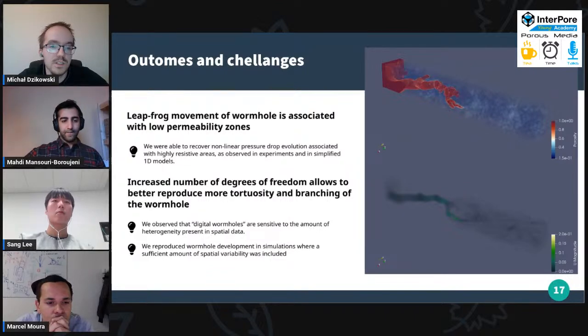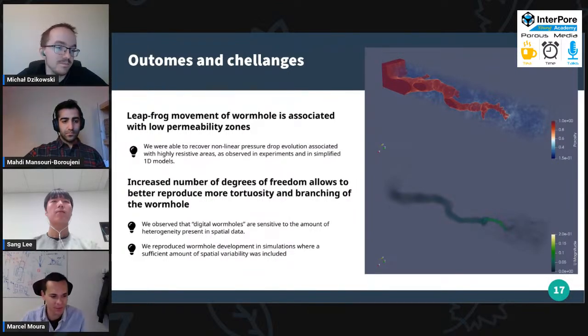And the other thing is that if we have enough heterogeneity and number of degrees of freedom, the resolution is big enough. So we have a really huge sample, like billion of cells. We could take a whole core from our experiment, and we get the wormholing that's similar to those that we get from the experiment. So we are closer to being able to recover an actual experimental geometry. So thank you for your attention, I think, and that's it.